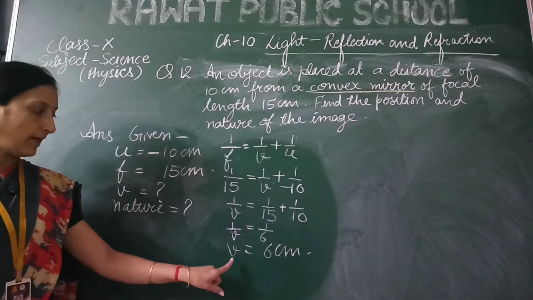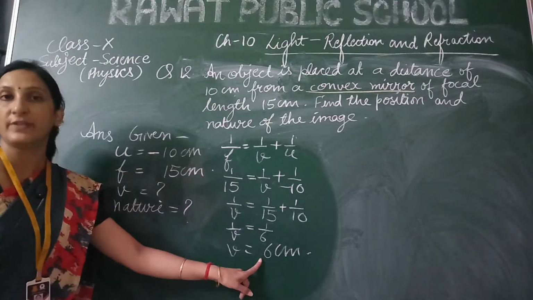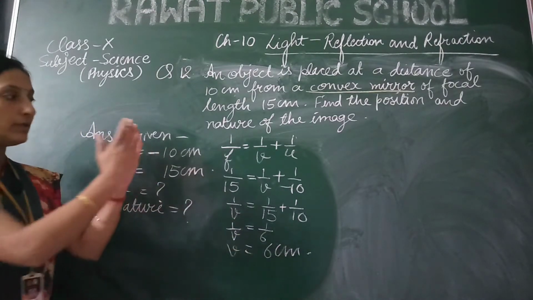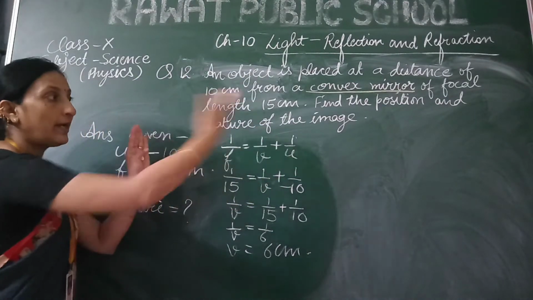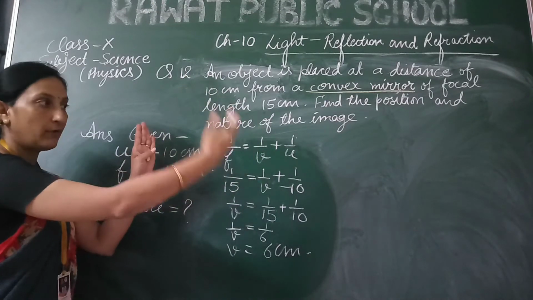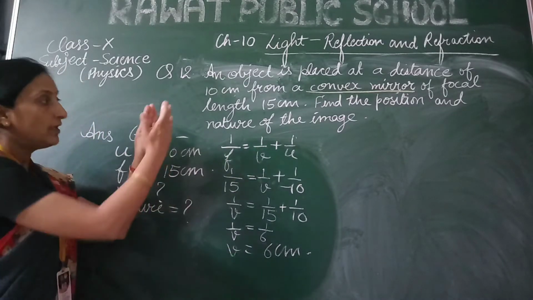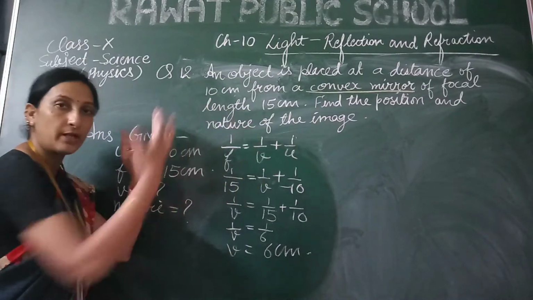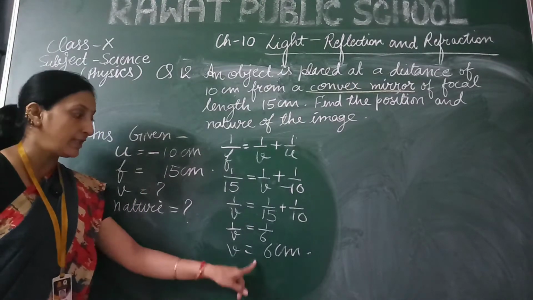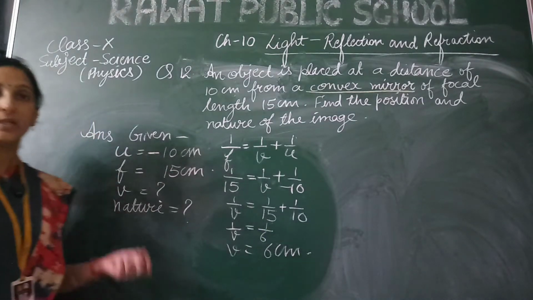So we can see that the V, means the image distance, is 6 centimeter, means with positive sign. Positive sign shows that the image is formed behind the mirror on the right hand side. जब इमेज राइट हैंड साइड पे बनती है, जो भी चीज होगी अगर वो राइट हैंड साइड पे है तो उसके साथ पॉजिटिव साइन होता है. तो यानी कि इमेज के साथ पॉजिटिव साइन है, it means it is behind the mirror on the right hand side. तो we can see that the image is formed at 6 centimeter behind the mirror. ये हमने बता दिया कि बिहाइंड द मिरर है.